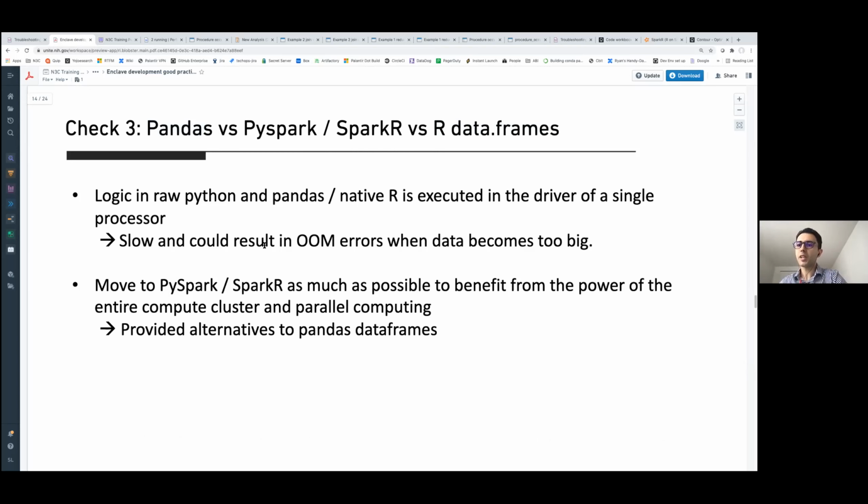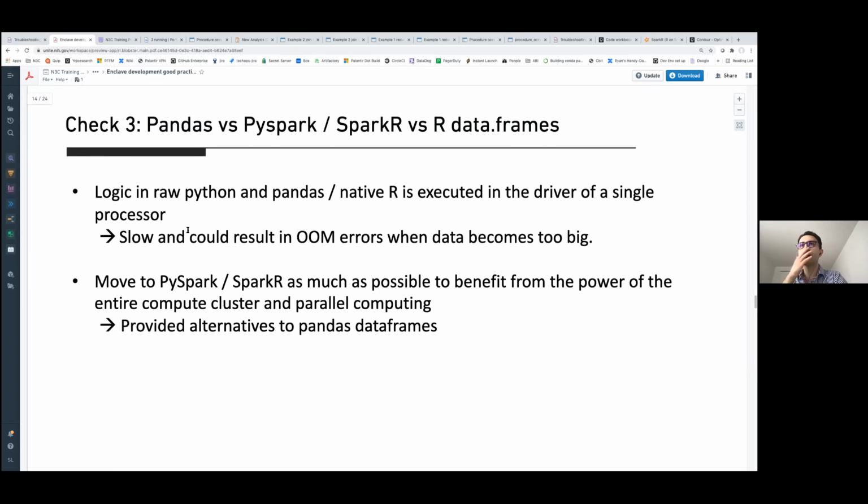And the reason why this is important is that if you use regular Pandas or native R to manipulate data frames, your logic is executed in the driver of a single processor, and that could be very slow. It could result in out-of-memory errors when the data becomes too big.